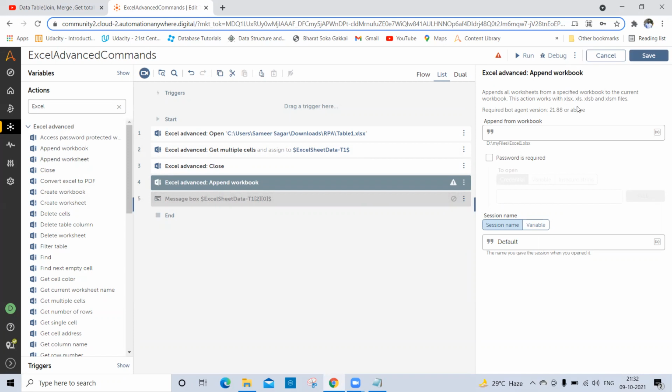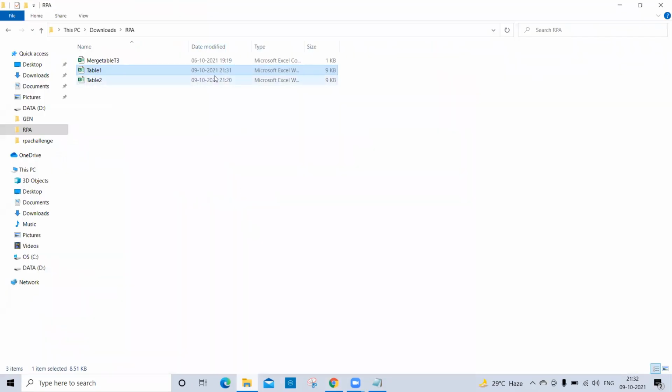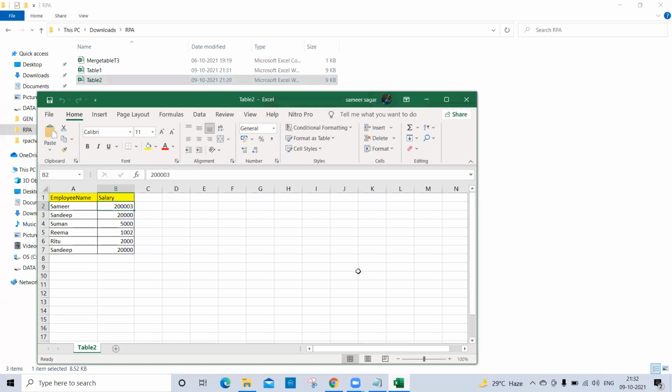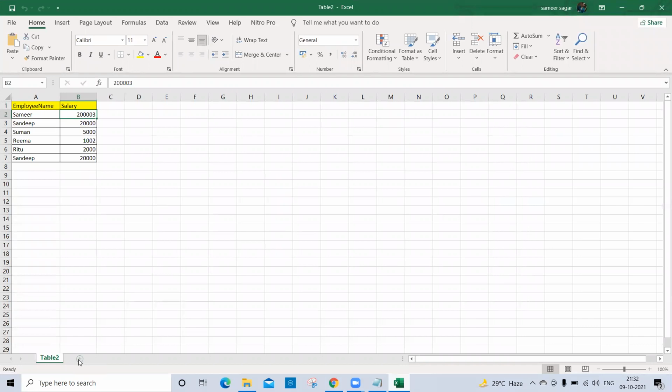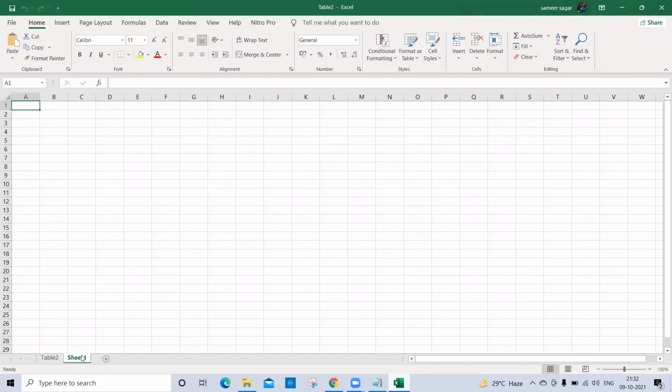So suppose this workbook is already open and I want to add all the worksheets from table 2 into table 1. Let me check whether it will append or not. I'm creating one more sheet here. I'll change the name, and I'm just adding some random values here.